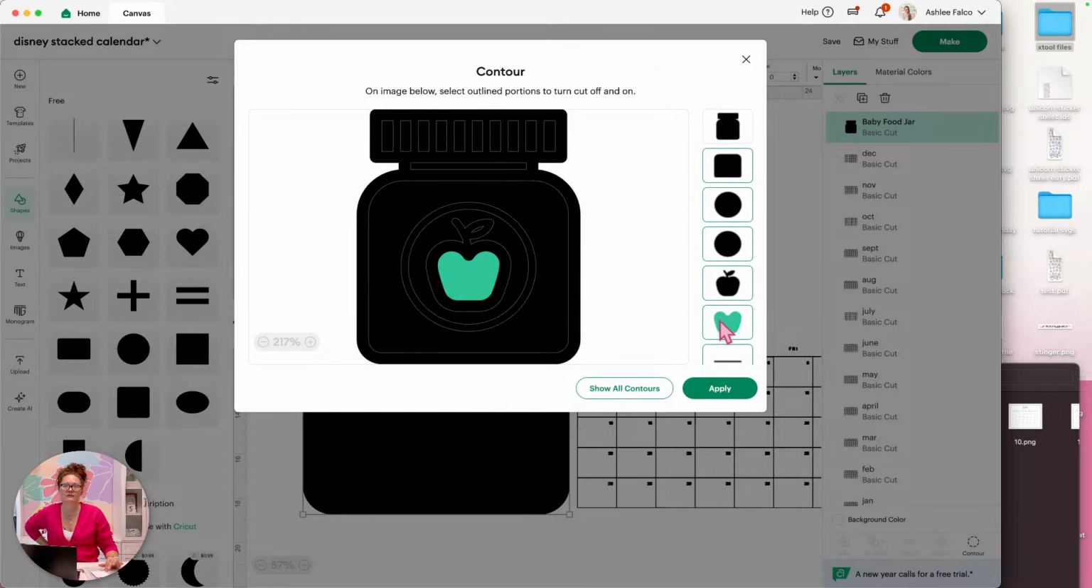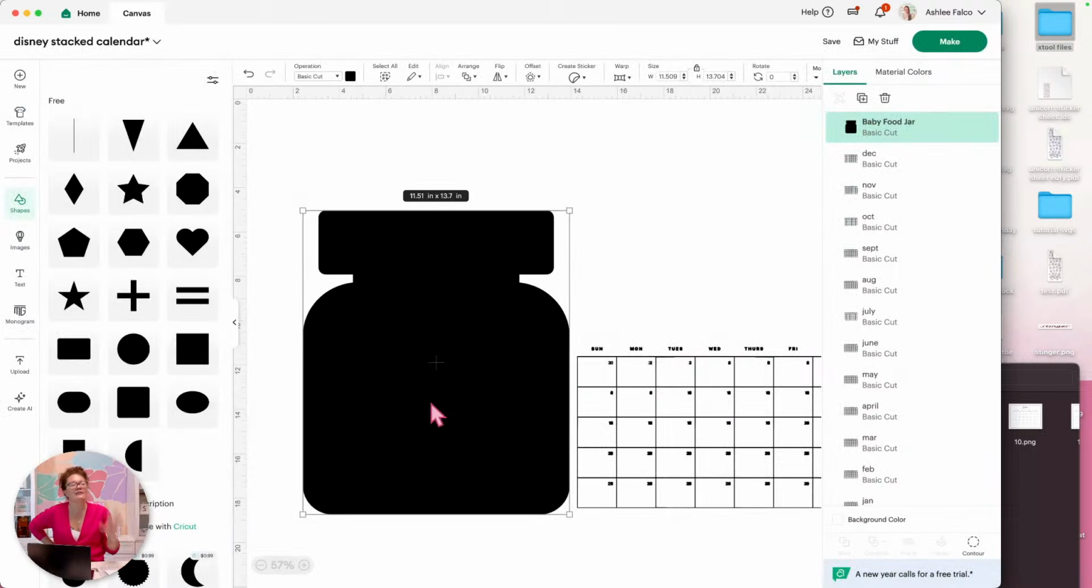Cricut's upgrades are definitely interesting. But when we back out of it, this is what you should see, okay? It's all black, everything's pretty much hidden. I know it looks like it's not, but it is, okay? All you want to do at this point is press apply. This right here is going to be the backer of our